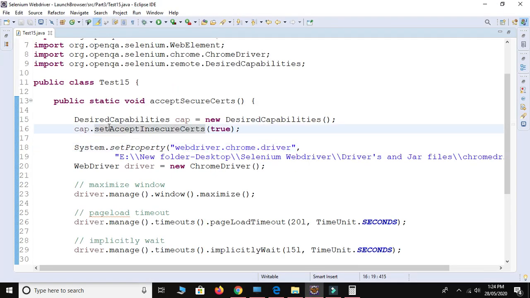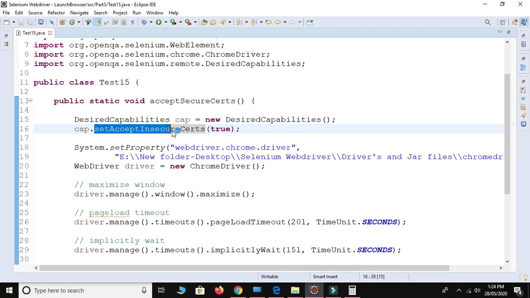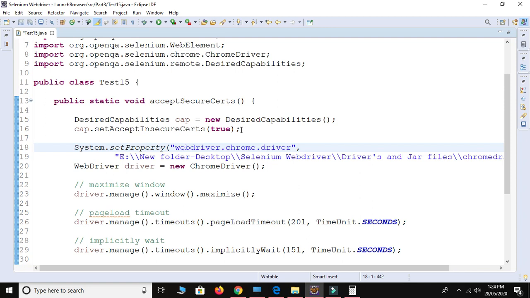So first thing is we need to accept this issue. So we use cap.setAcceptInsecureCerts, which means we are going to accept all certificates that may be insecure, and we provide the boolean value true here.